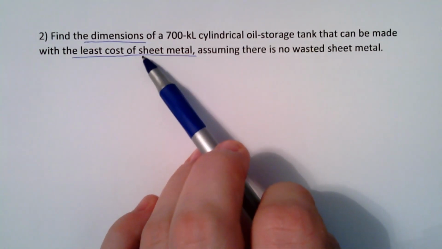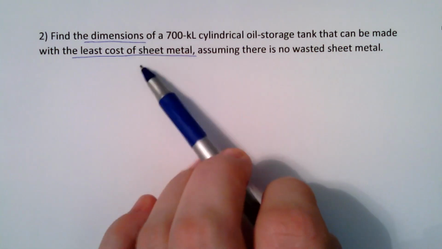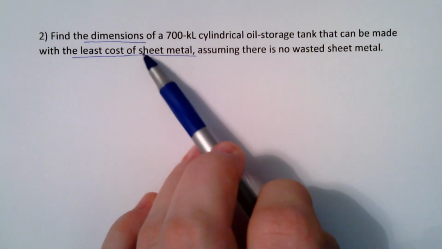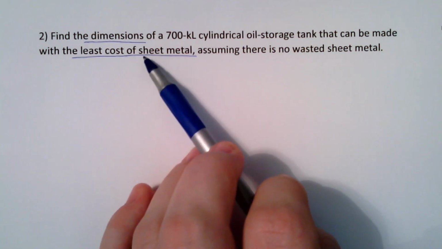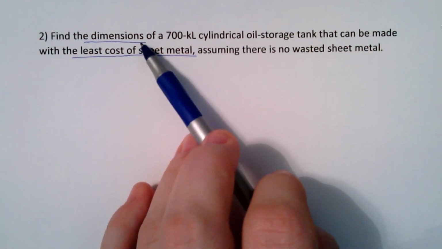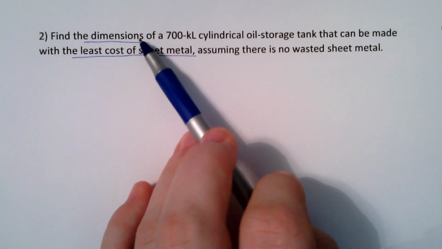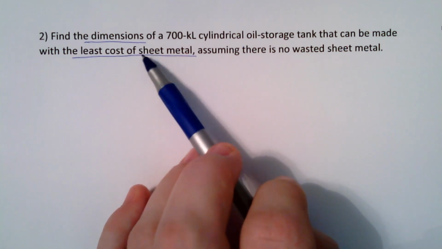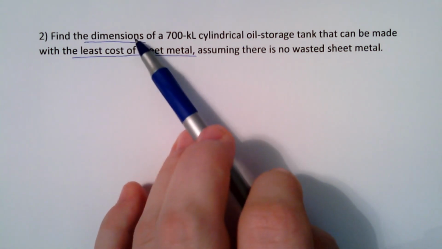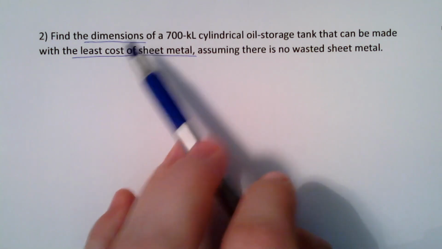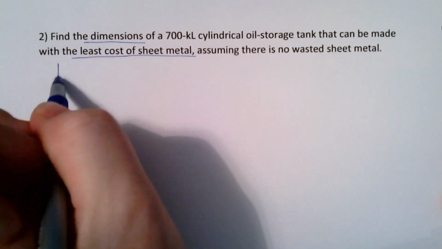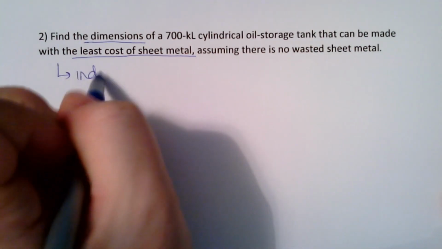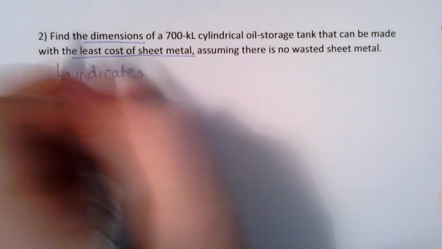And those two things might not feel like they really line up together. You want me to minimize cost, but you're talking about dimensions. Well, how would the cost of the sheet metal, minimizing cost of sheet metal, and the dimensions of the tank, how would those two things really relate to each other? And when we start to think of it more from a production side of things, we realize that what this indicates